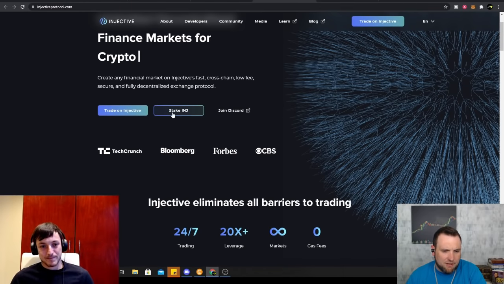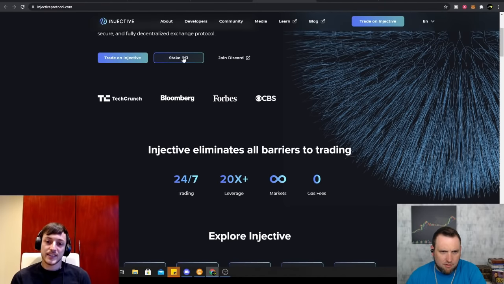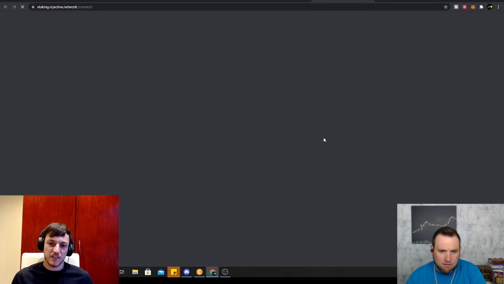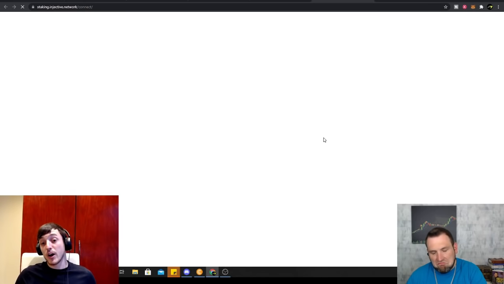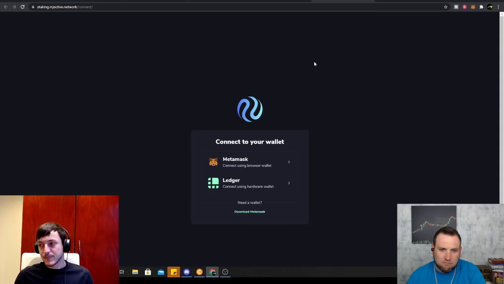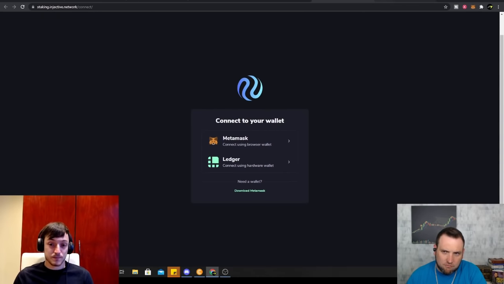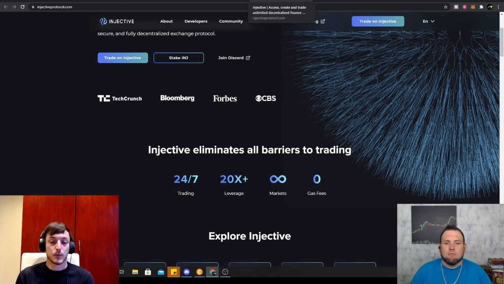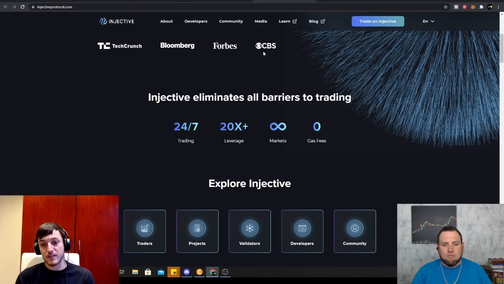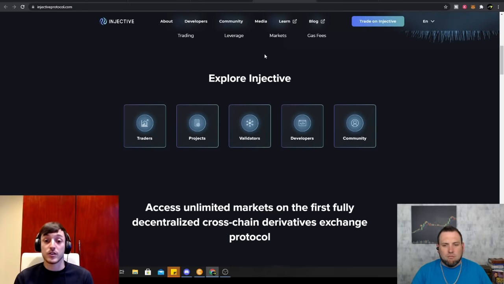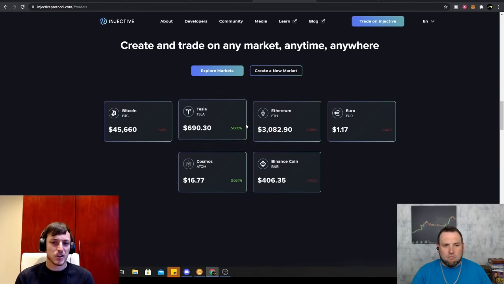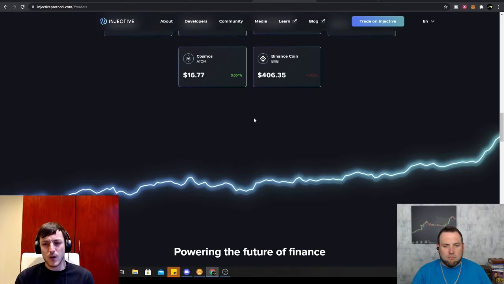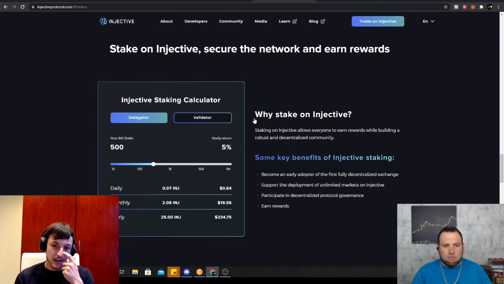What's the staking like? Because I see you can stake INJ. I don't think they've got the highest staking rewards. Last I checked, it was about 5%. My Injective's actually in Super Farm, which is an application on Ethereum. So you can basically get alternative rewards to your normal staking rewards through Super Farm for certain tokens or applications. So I'm quite bullish on Super Farm as well. Quite a low cap at the moment. It got hit hard in the correction, but yeah.